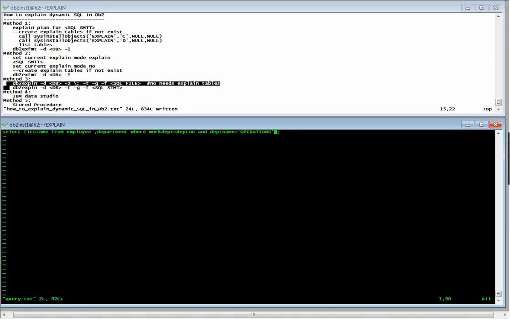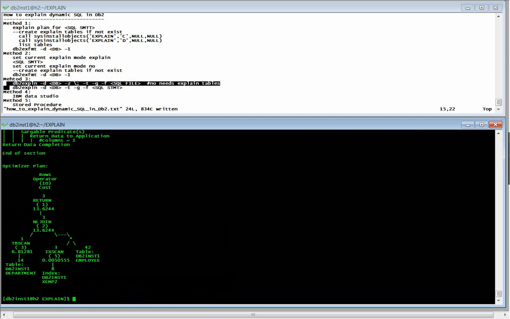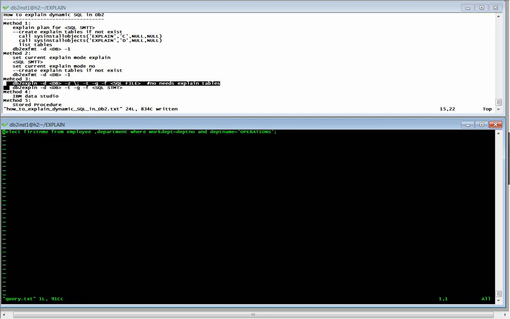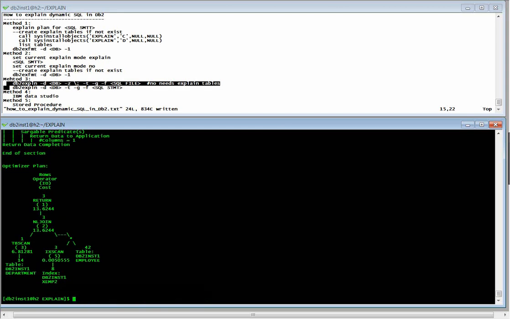Okay, I see what the problem is. We need to specify the terminate character. In my case, we use a semicolon. If you don't want to use a semicolon, we can use, let's see, the @ sign. So when you run this, you change it to the @ sign. We get the same